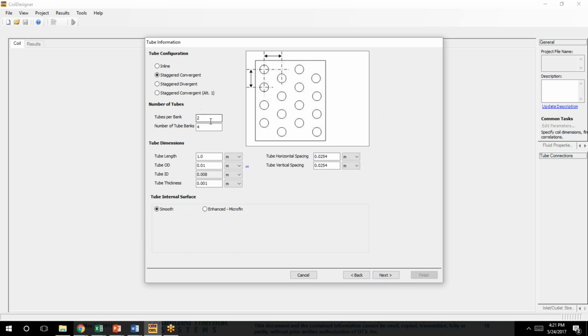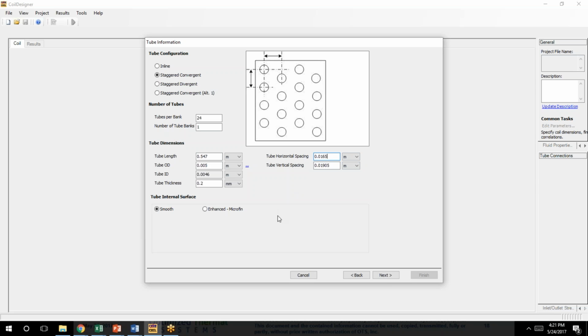The next step is to enter information about our tubes. As I mentioned, this heat exchanger has 24 tubes, which we call tubes per bank in the transverse direction, and 1 tube bank in the airflow direction. The tube length is, as I mentioned, about ½ meter long, and the tube diameter is 5mm. So I can enter all of this information about the actual tube geometry into the software, as well as the spacing between tubes, which is that standard, more or less standard pattern with a 19mm vertical spacing between tubes, 16.5mm